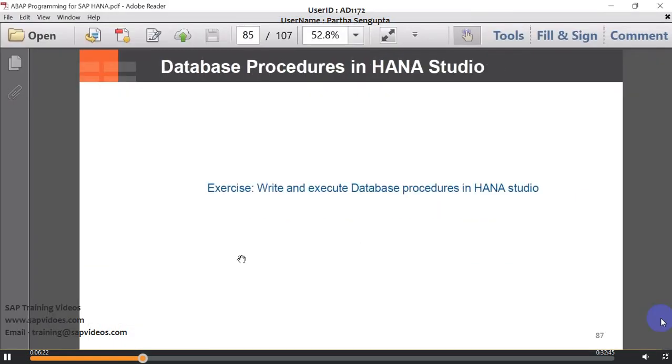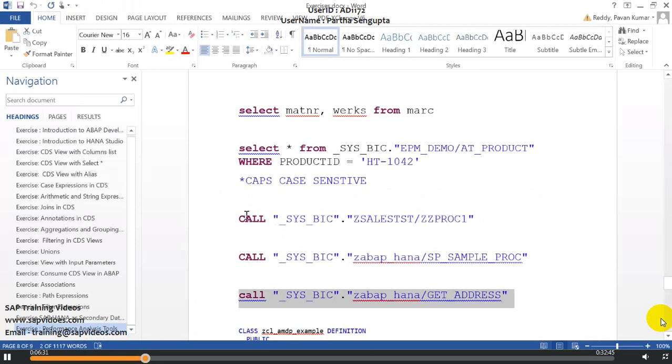So next concept was database procedures in SAP HANA. I'll go to the exercise as well. I will be showing you how to select from a database; it's a case sensitive statement. If you want to access any product, suppose I want to access this, I can open